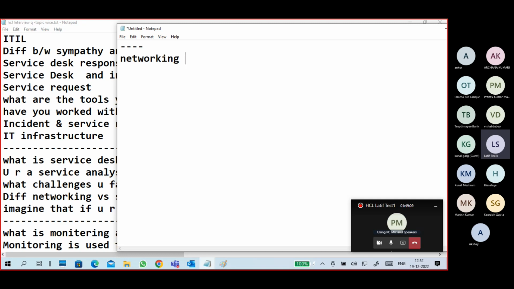PC hardware and OS related questions. Next, servers based questions plus Outlook, VPN. These are the most common questions. Outlook, DHCP server, DNS server, Active Directory, all these things come under this part.